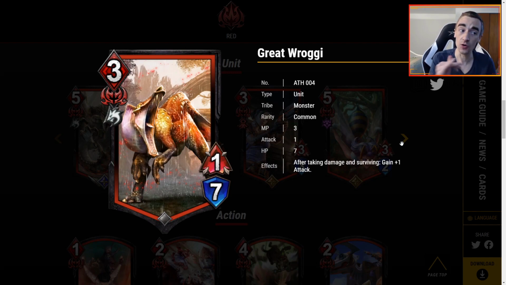1 is not a lot of attack, but 7 HP is a lot of stats just for 3 MP. As well as it wants to take damage, right? So after taking damage and surviving, you pump it up. So that's pretty good. And also with the previous monster that said deal 2 damage and then get all your